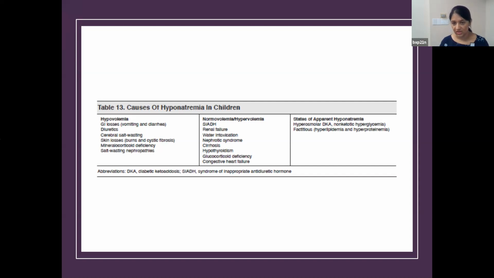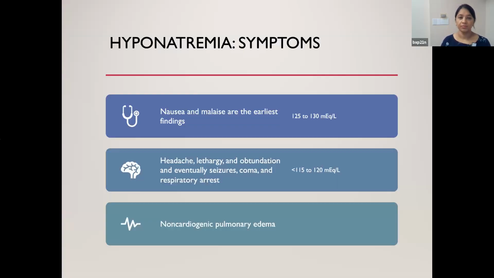And sometimes you see DKA kids coming in, their sugars are high, and hyperlipidemia not as much, or hyperproteinemia. We'll go through the calculation later, but especially hyperglycemia can give you this factitious hyponatremia. As for the symptoms, if sodium is 125 to 130, they might just be complaining, oh,